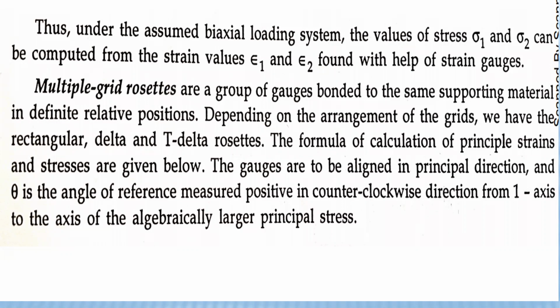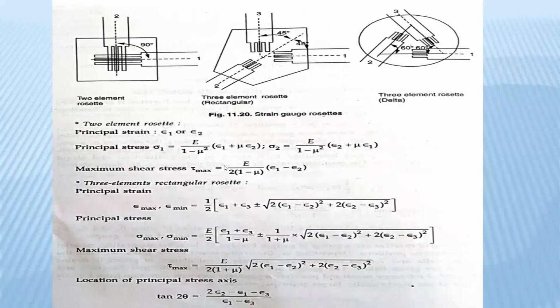So what he told is that the forces acting can be unidirectional, bidirectional and tridirectional, with different directional forces acting on that object. So shear stresses are developed, and we can calculate the shear stresses by using multiple strain gauges on that particular object. The conditions are 2-element rosette and 3-element rosette. The 2-element rosette is rectangular and the 3-element rosette is delta.